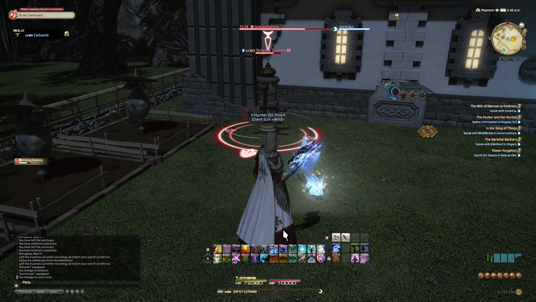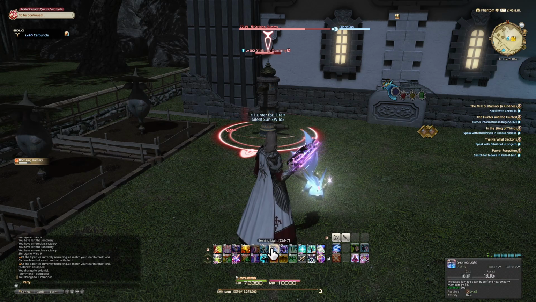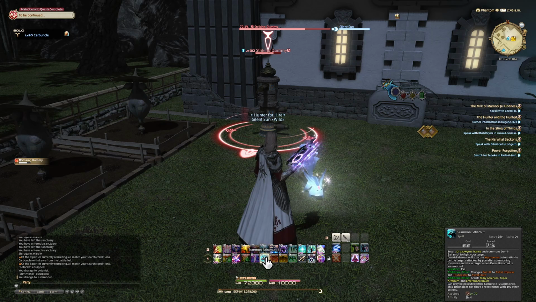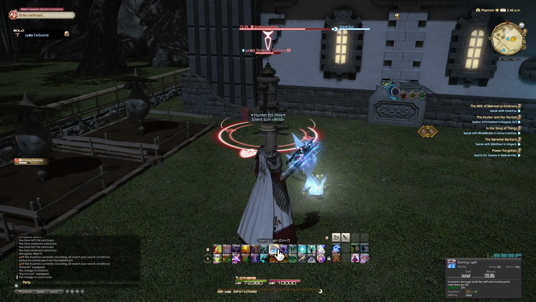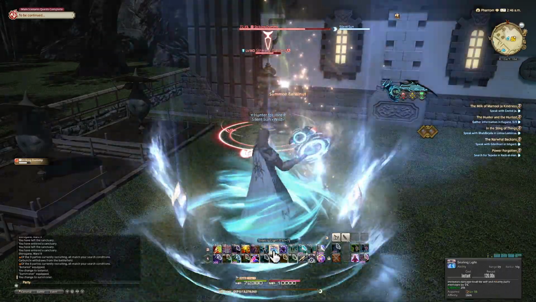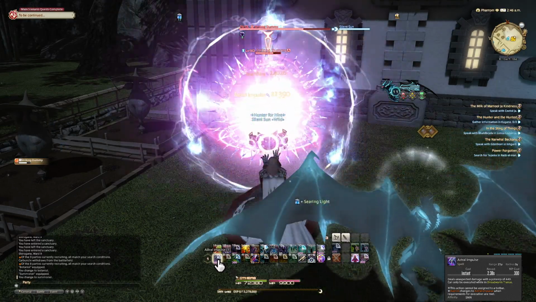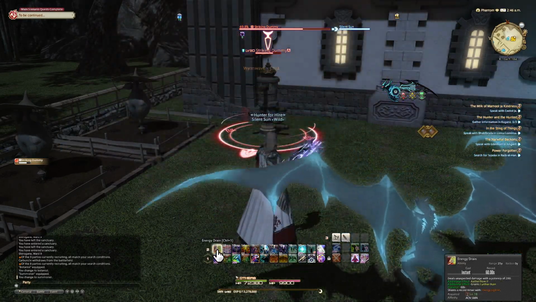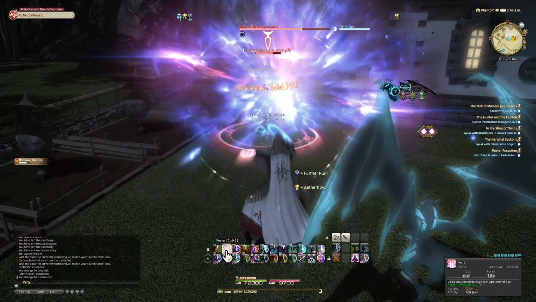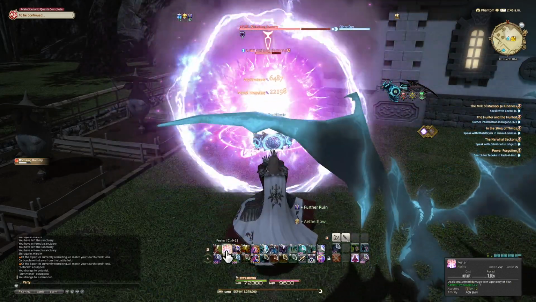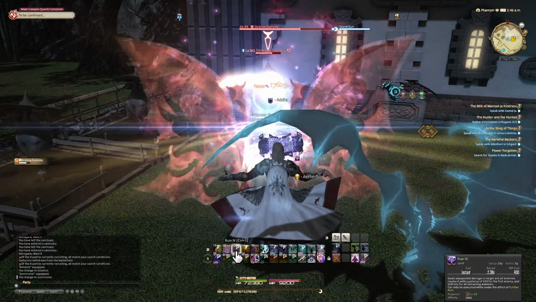So for single targets, what we want to do is start with Bahamut and Enkindle, Searing Light, and Radiant, and then again here Deathflare, and then Astral Impulse, Energy Drain, Astral Impulse, Fester, Astral Impulse, Fester, Further Ruin,